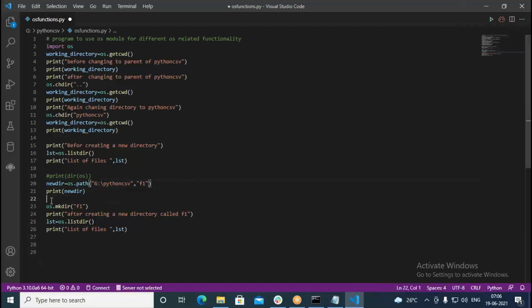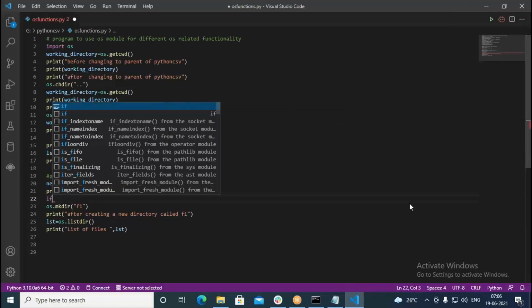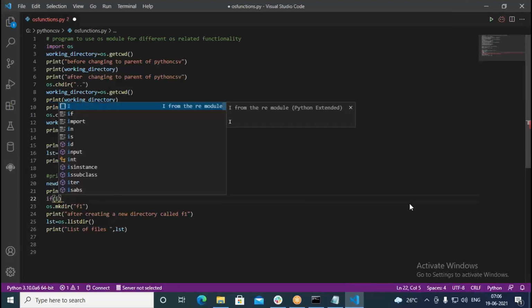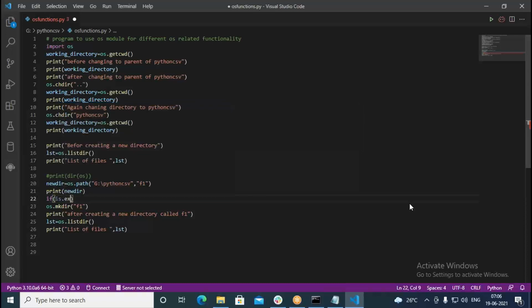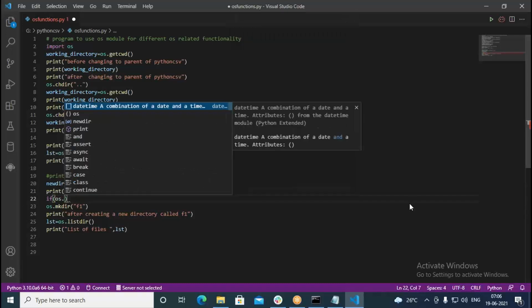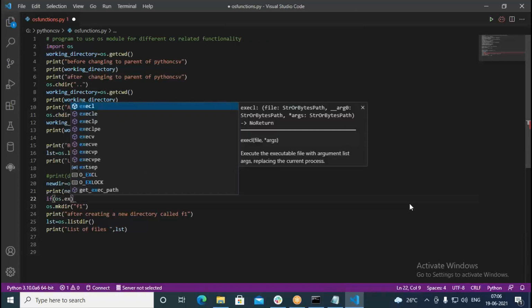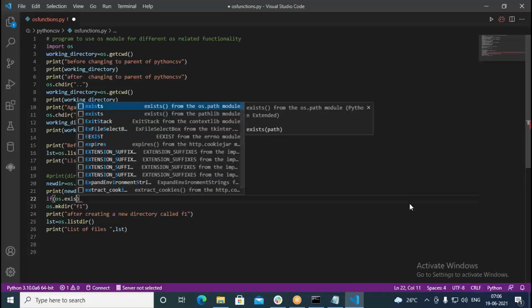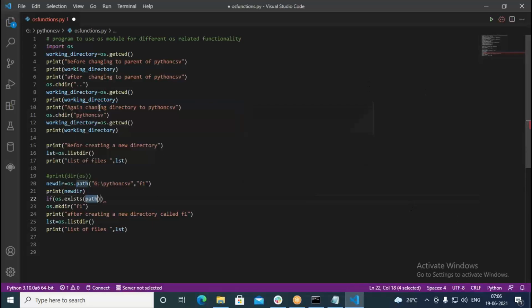Now write here if it is existing. If condition we keep os dot exists. Sorry, os dot path dot exists, whether it is existing or not, you can find out. We go with this exists command. Then here we specify the path.